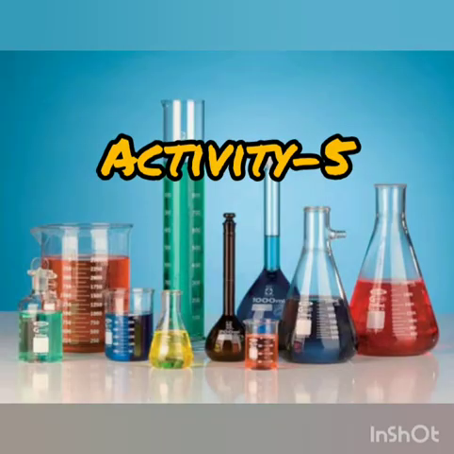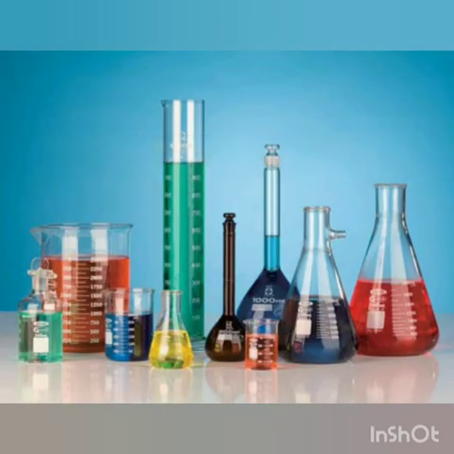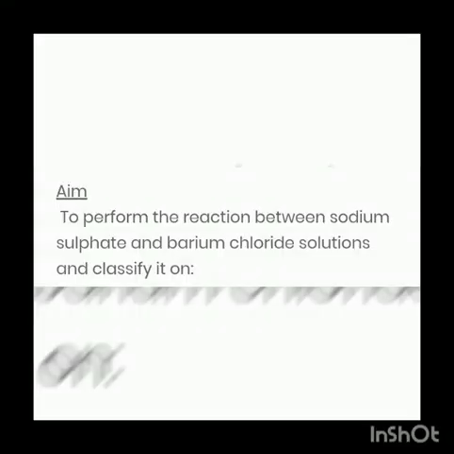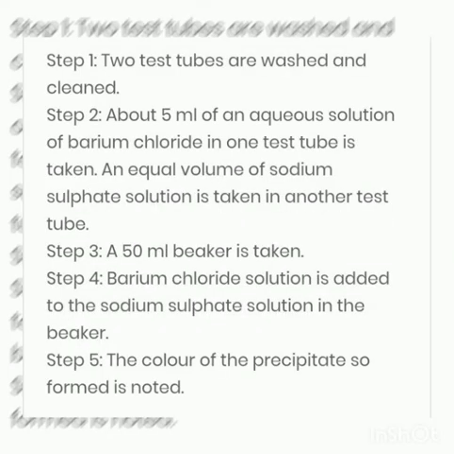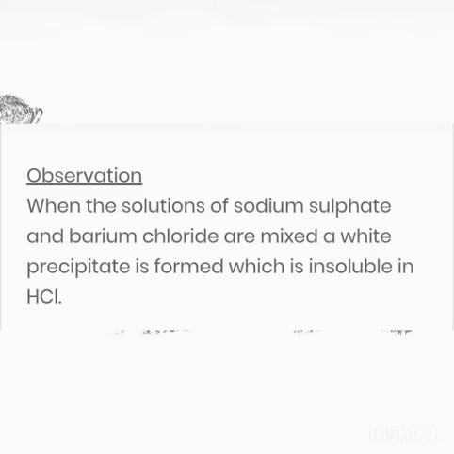Understand this equation with the help of an activity. Take a small quantity of BaCl2 in a test tube and pour it in a conical flask. Now take another test tube and add a small quantity of Na2SO4, that is sodium sulfate, and transfer it in the conical flask containing barium chloride BaCl2 solution. We will observe that a white precipitate is formed. It confirms the presence of sulfate ion in the solution.